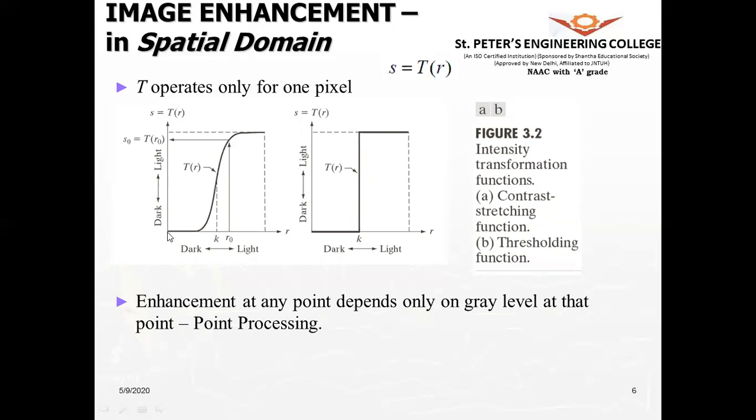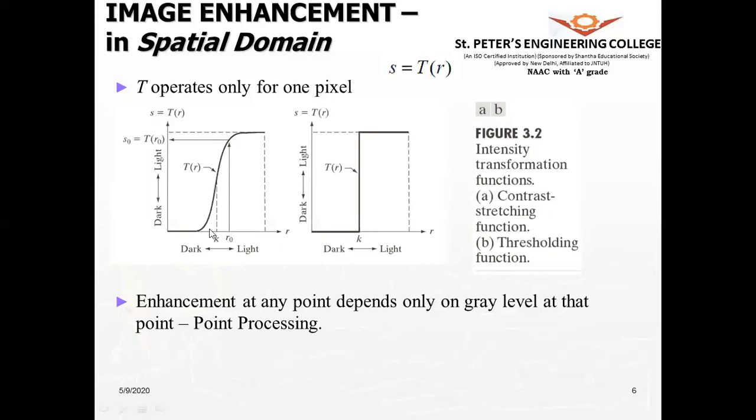Or if you take it from 0 to 1, so this will be 0 and the brightest will be 1, and you can put the in between values here. Similarly, this is the axis for output, this is the axis for input, the mapping. So if you take a point K, the pixels below the value of K are stretched here, and the pixels above the value of K are stretched here.